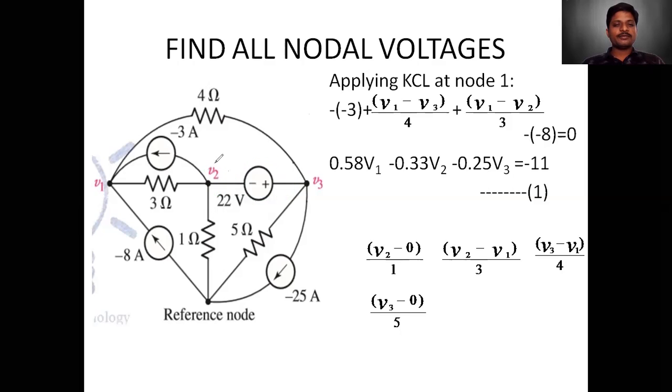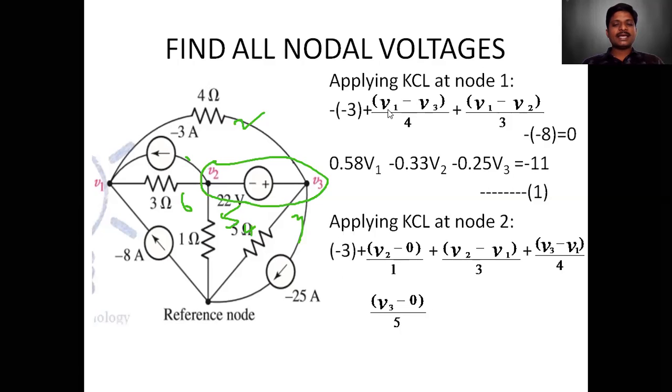So for that purpose, what we will do is the nodes that are connected with a voltage source are taken as a single node. Treat this as a single node. So you call it a super node. And how many branches are connected to the super node? 1, 2, 3, 4, 5, and 6. So there are 6 branches connected to the super node. Now we will try to apply KCL at the super node.